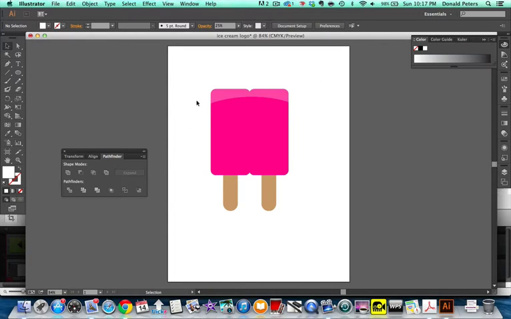So I selected that. Let me show you that again. I selected just that one, and then I just hit my delete key to delete that. Okay? So now I only have that little shape left. Alright. Now the next thing I'm going to do is I'm going to select my ice cream and both of